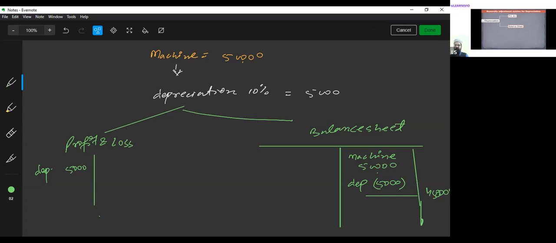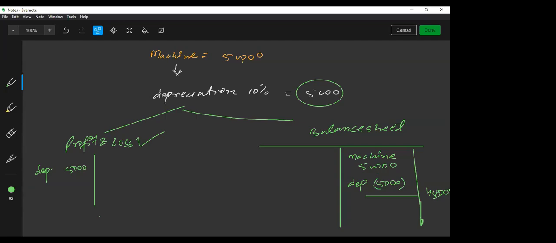So basically, depreciation will be recorded at two places. First in the profit and loss account, then in the balance sheet. And in the balance sheet, how will we reflect it? We will be reducing the value of the asset by the amount of depreciation. If the depreciation is on a machine, we will reduce the value of the machine by the amount of depreciation. If it is on any other asset like furniture, then we will reduce the value of that asset by the amount of depreciation. Am I clear to all of you? Any doubts, guys? No, sir.